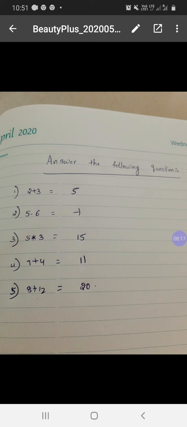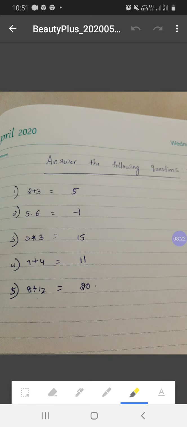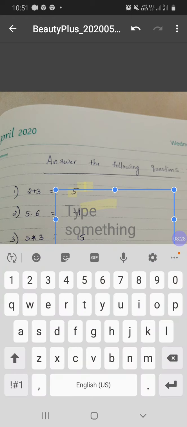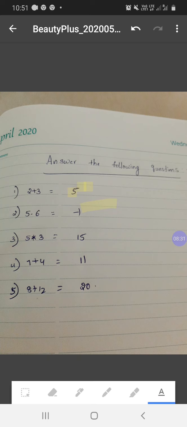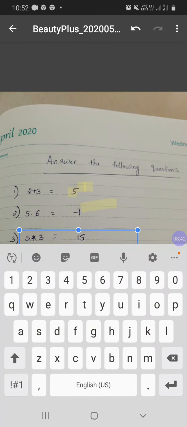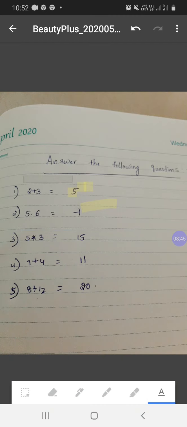When you click on here, we'll see what answers were written by the student. See, these are the answers. So through a photocopy only the student has sent. See here, when you observe at the bottom here, a symbol will be there. Click on that, you can select a particular answer. You can comment above this question.